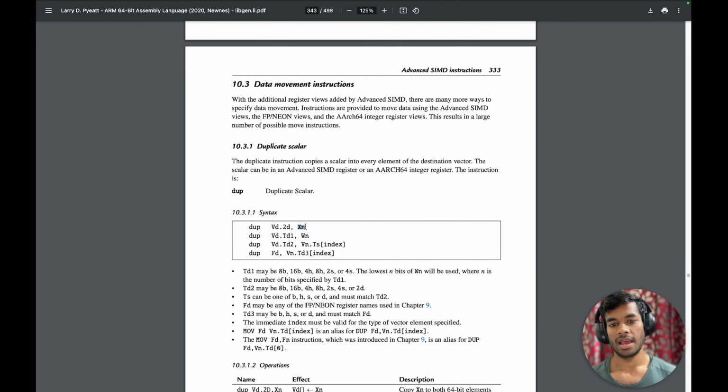I have some value that takes up all of the 8 bytes of this Xn register, and that value will be copied into both of the double bytes of this Vd register, Td, Td2, Wn, half Td2. This can be 4S or 2S, and this,